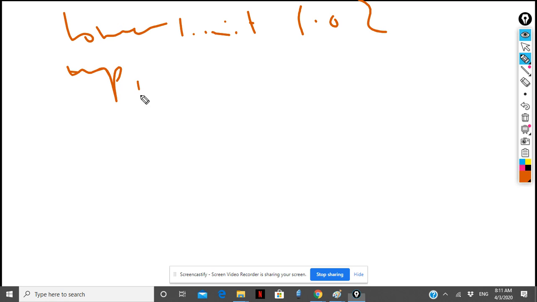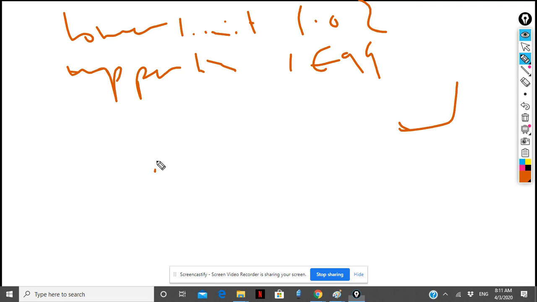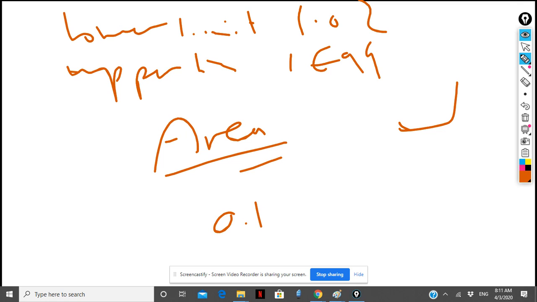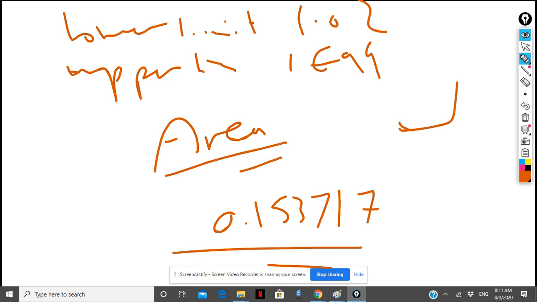The upper limit is, for example, 1E99, and I press enter to find the area. When it's giving me the area, it's 0.153717. Okay, that's how to do this part using the calculator. Wish you understood and have a good